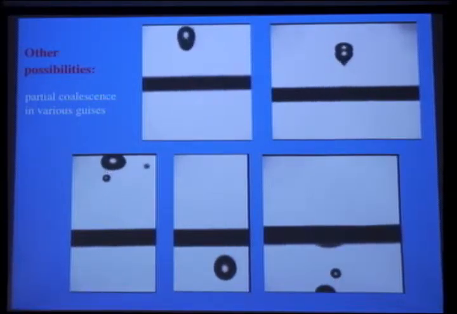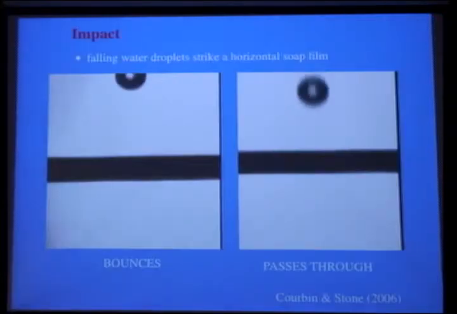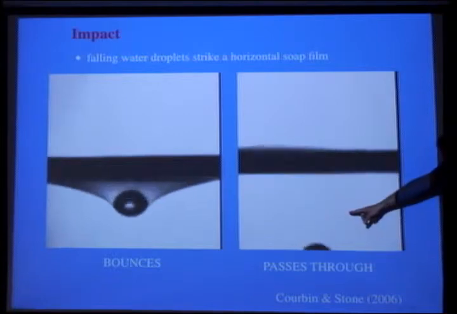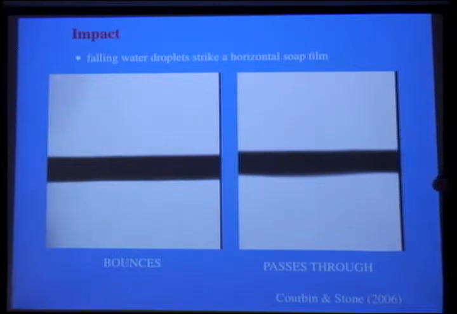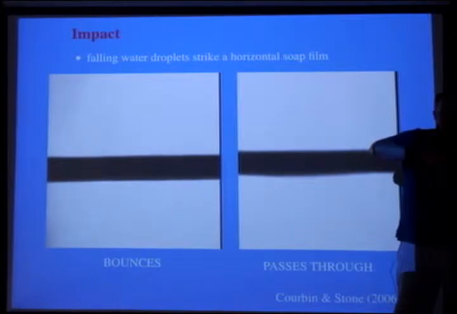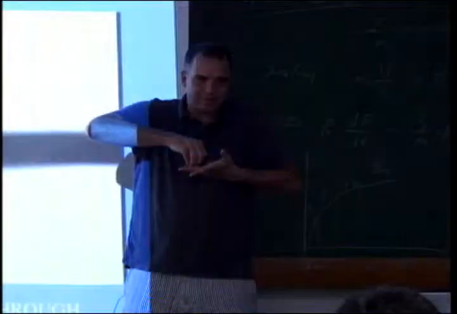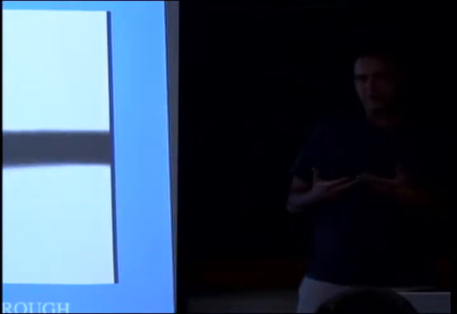And there's actually a whole family of possibilities. So the thing to note is that when it passes through, it actually doesn't break the film, right? Which is interesting. You kind of think, oh, it's going to break when it goes through. But actually what happens is it hits, then the air layer between the drop and the film gets sufficiently thin that it merges, so then the drop is inside the film, and then it falls out of the bottom, right? But it doesn't break the film. Because again, it's a soap film, so it doesn't want to break. It's basically elastic by virtue of the surfactants.